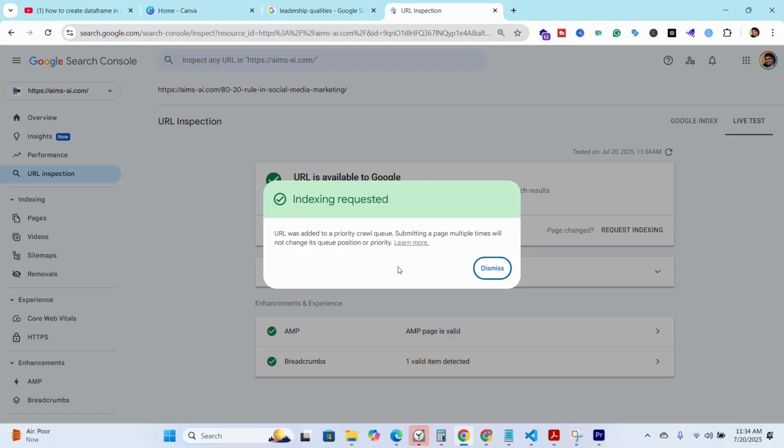And if you did proper SEO, search engine optimization, then definitely your website should be ranked within the top 10 to 15 websites in google.com search results. So I hope you understand how you can index your specific URL